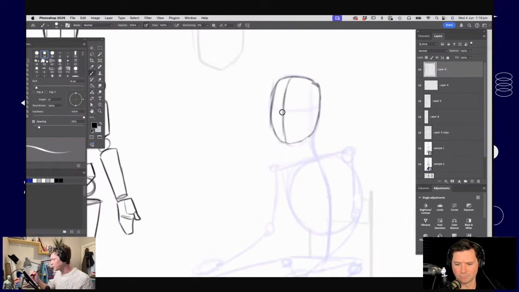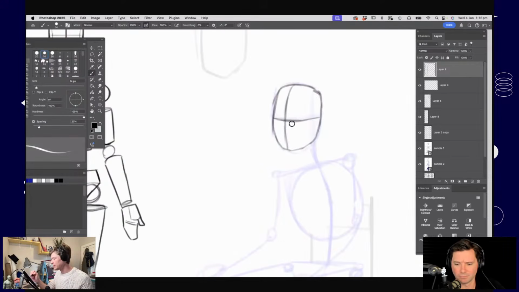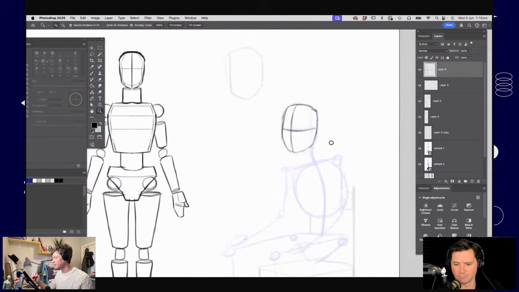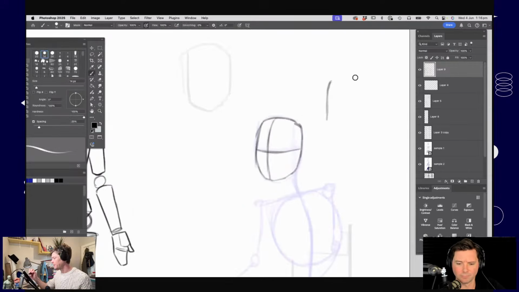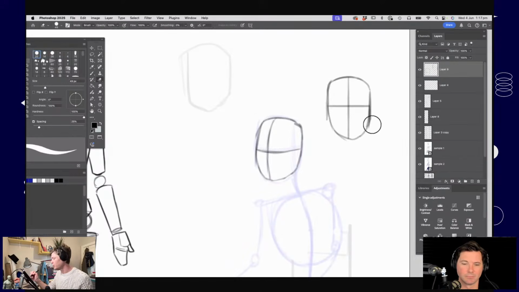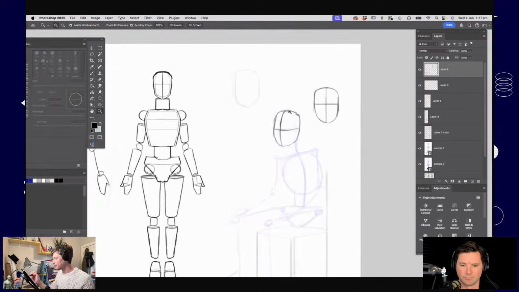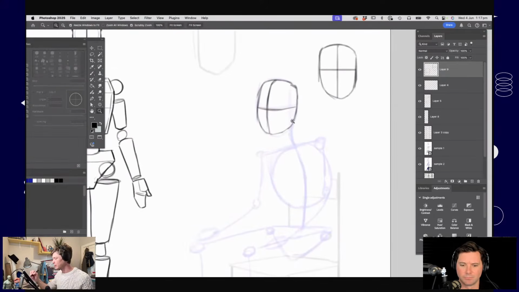And I'm sure everyone will have seen using a cross on the face to give a sense of where the proportions of the face might go. Again, it's a whole other live stream talking about drawing a face, but we're kind of imagining it as this squished ball shape. And if I drew a line all the way horizontally and all the way vertically around it, where would those lines go? So I'm just putting those lines in for the face.